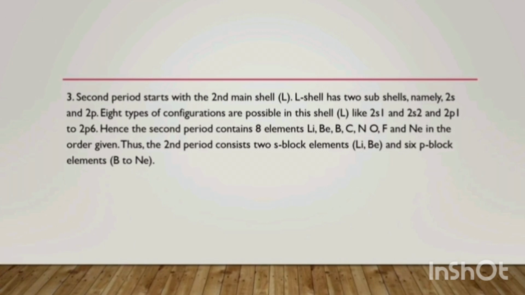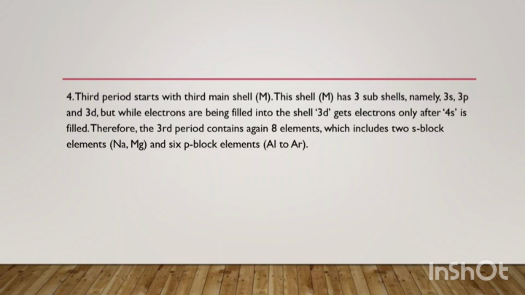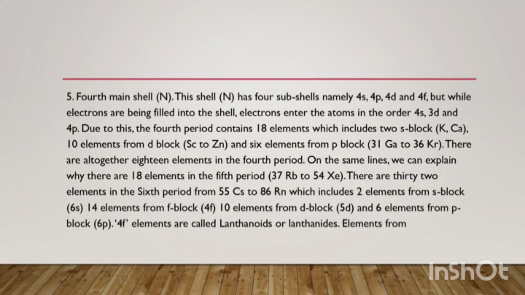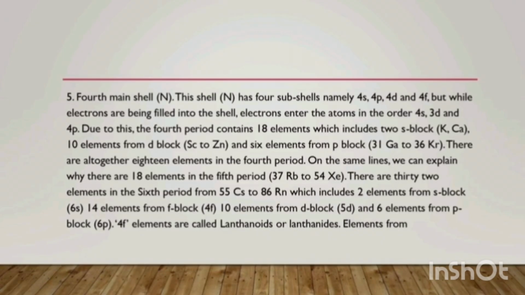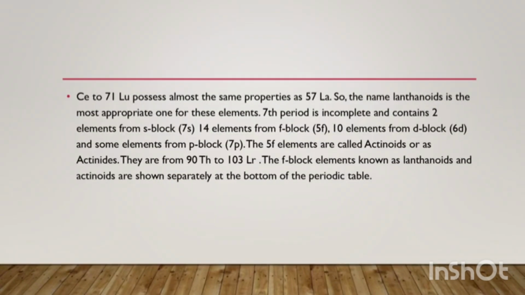Next, group 14 or 4A we call the carbon family. Carbon is the first member of this family. Group 15 or 5A is nothing but the nitrogen family. This group has non-metals and metalloids. Group 16 or 6A is called the oxygen family. They are also called chalcogens. Group 17 or 7A is nothing but the halogen family. The elements of this group form salts, whereas group 18, the zero group, is nothing but the noble gases, as we already discussed.